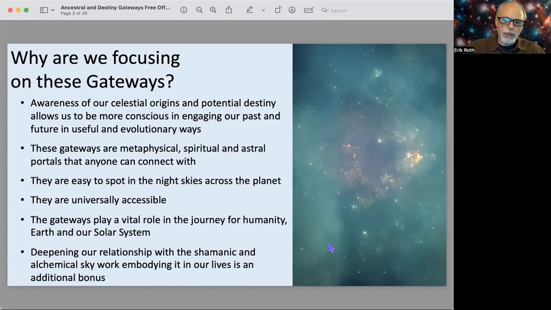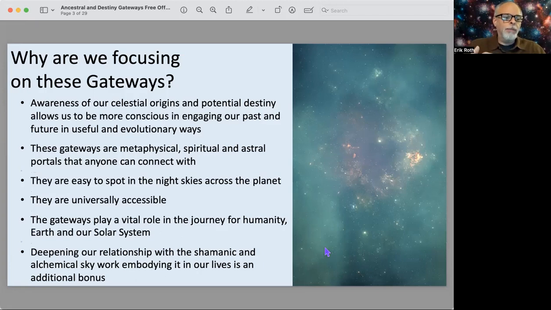These are also, of course, easy to spot. They're all generally universally accessible. So we're focusing on these. There are other gateways, other portals out there in the sky, but these ones are more readily available, if you will. The gateways play a vital role in our journey for humanity on a collective level,